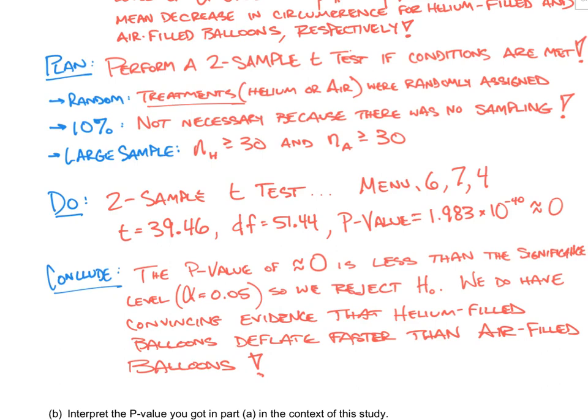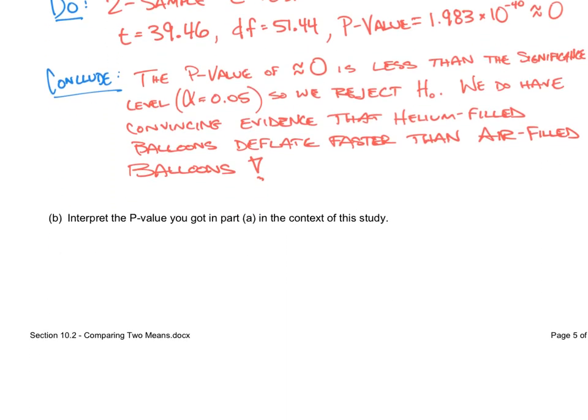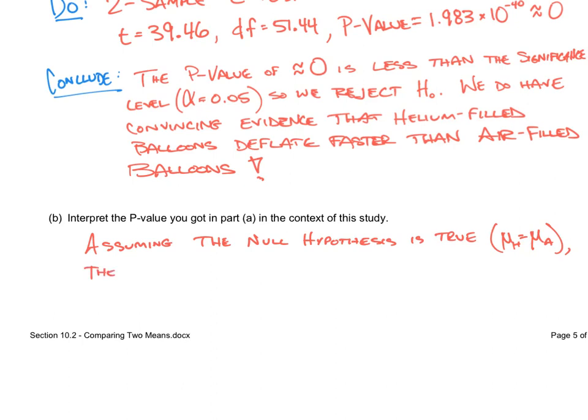Let's see what we're left to do down here in part B. Oh boy, the dreaded interpret the p-value question. So let's talk about what that p-value means in the context of this study. Assuming the null hypothesis is true. And remember that null hypothesis was that mu h equals mu a. So assuming that is true, the probability